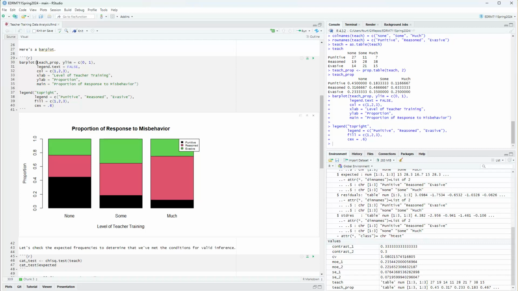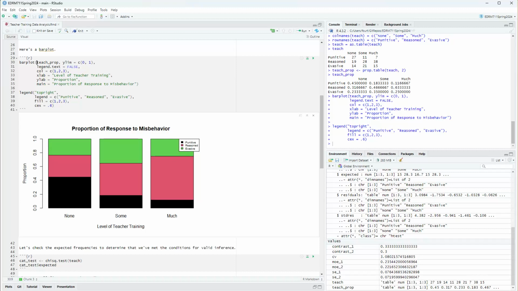From those descriptions, we can actually say that there are differences, and we can report those regardless of what we see later on with inference. We can report these differences in our research report. We don't have to just report inferences. In fact, I would prefer that you focus on description first and foremost. And then when you see something that is important, see if you can make inferences. And here I see something important. I see that as you increase teacher training, you seem to be leading these teachers to a more reasoned approach